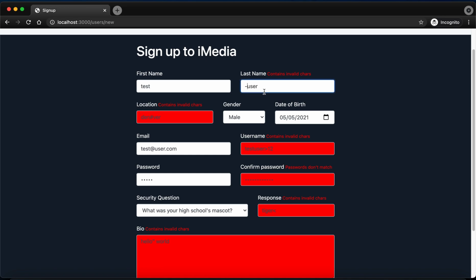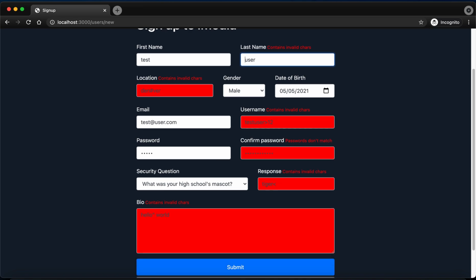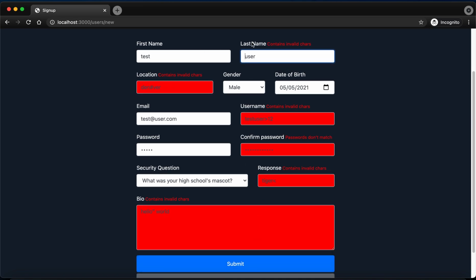Vue.js is coded so that as soon as the user corrects an input, it checks which input is correct, and for that correct input, it will remove the error message and put the background color back to normal. If I submit again, this is gone. If I correct this, this is gone. I coded Vue.js to dynamically remove the error message and the red as soon as the user updates. So I'm going to remove all of these